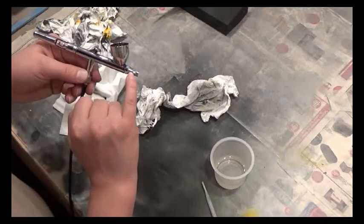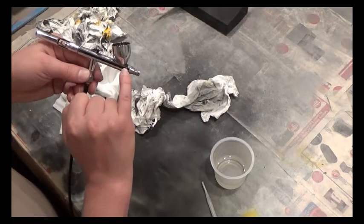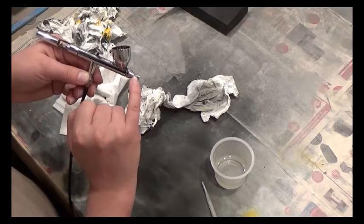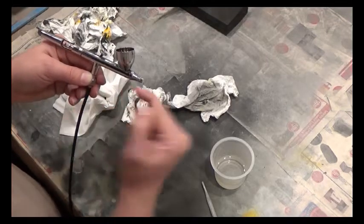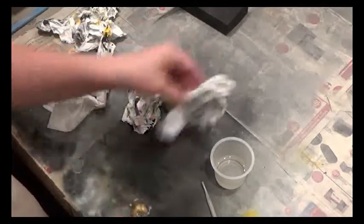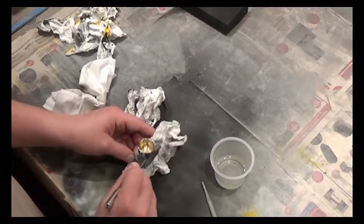But as the air comes out past the inner needle, it draws the paint out. So you get paint that sits down inside the inner workings in here. When you cover the end and pull back, the air has nowhere to go, so it forces itself back down the inside and then out into the paint cup, and that allows that air as it's coming back to clean out and pull a lot of that extra paint back into the water. So clean that out. I usually do it once or twice until I start to see